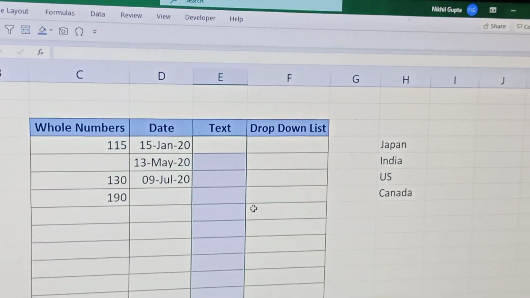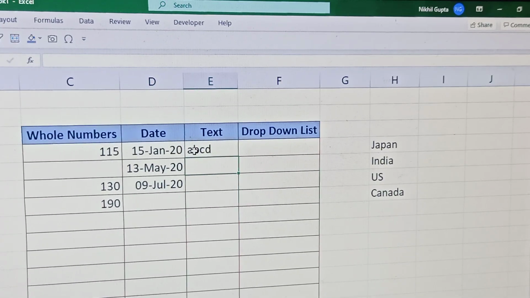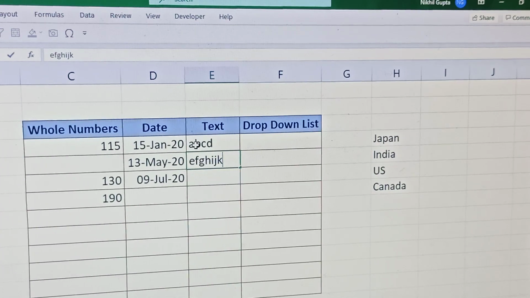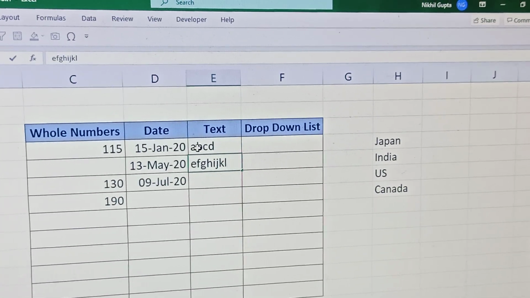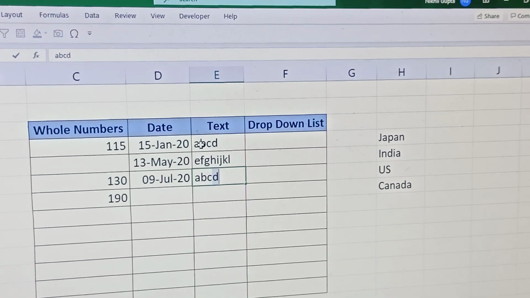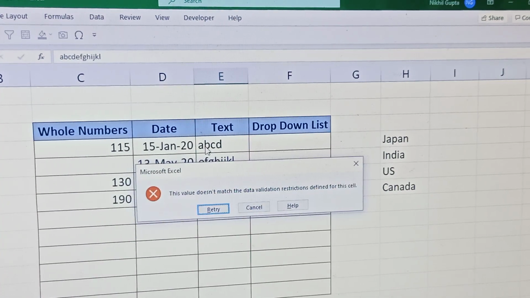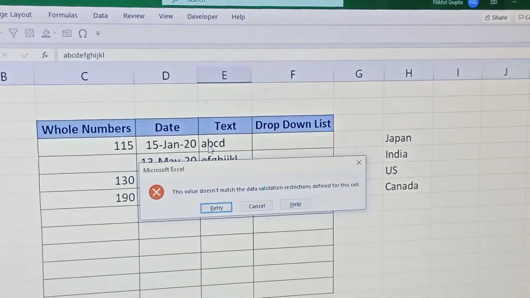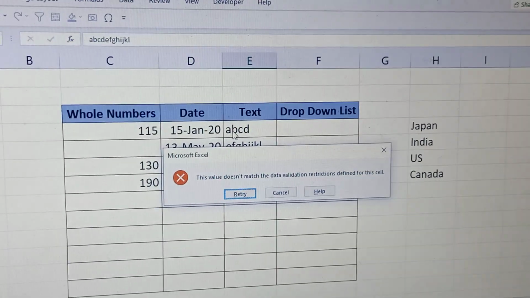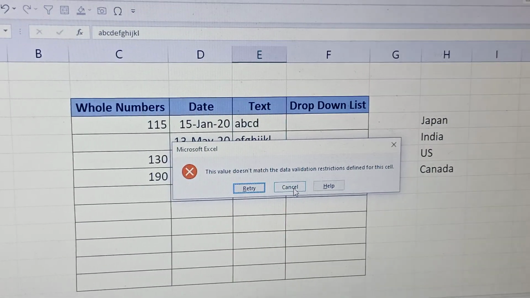Click OK. Say A, B, C, D, E, F, G, H, I, J, K, L. Again this will tell you that your text length does not match the data validation restrictions. So you can easily check that you have not entered the correct entries.